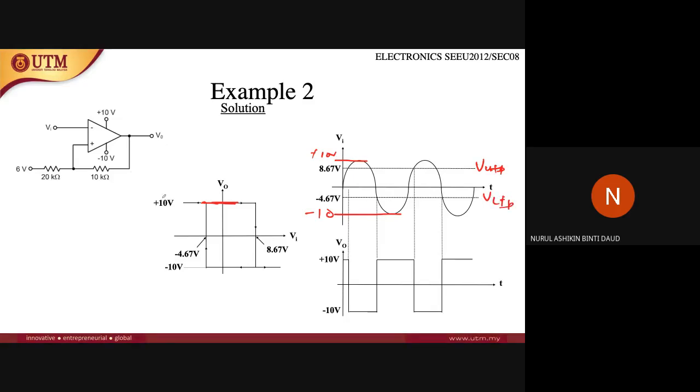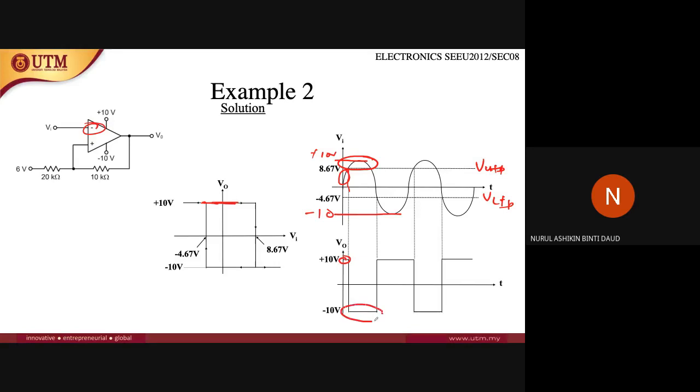So again, the output, as we learned just now, since this is inverting, if the value is lesser than the reference value, it will be the maximum. So at this point, it will be maximum. At this point, it will be bigger than the reference value,